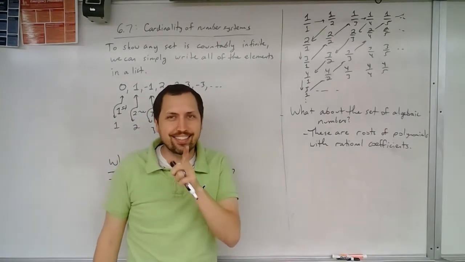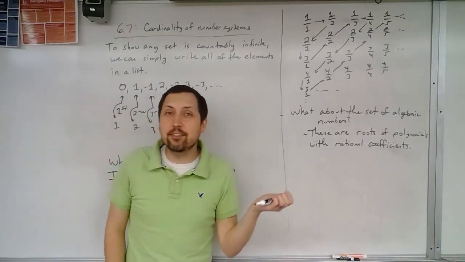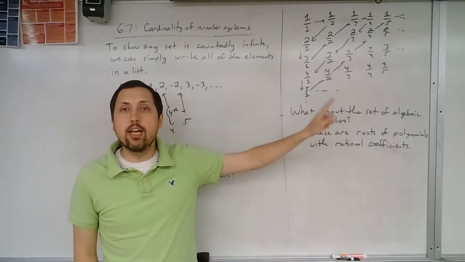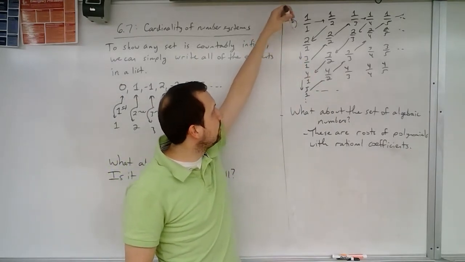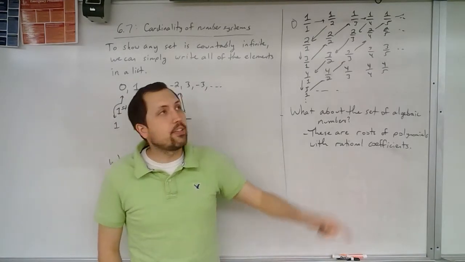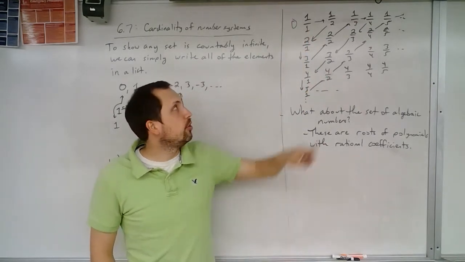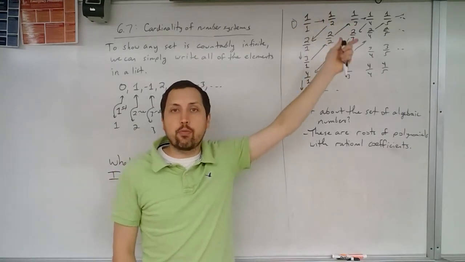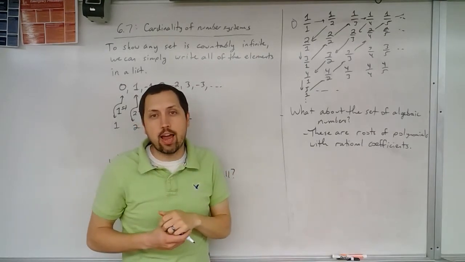But the other thing you might be noticing is, wait a minute, this isn't all of them. This is only the positive ones. What do we do about the negative ones? Or even something like 0. Well, we can make do with that, right? This was the hard part. But if we want to include 0, just put 0 over here. Start with 0, hooray. Then if you want to include negative numbers, every time you include one of these, include its negative right afterwards. So you'd have 1/1, the next one would be -1/1. Then you'd have 1/2, the next one would be -1/2. Then you could do 2/1, the next would be -2/1. So you can make this strategy work.